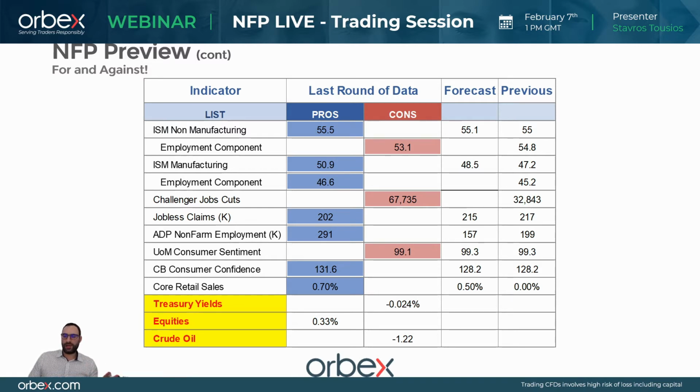So we're looking at the lagging ones and also the leading ones. The lagging ones, as you're able to see: ISM non-manufacturing, the employment component, manufacturing, Challenger job cuts, and other economic data that are particularly important for the US economy. Most of them are actually on the positive side, right? Which seems to suggest that we are going to get a good NFP print. Now, on the other side, if we look at the leading indicators, Treasury yields and crude oil are not positive.